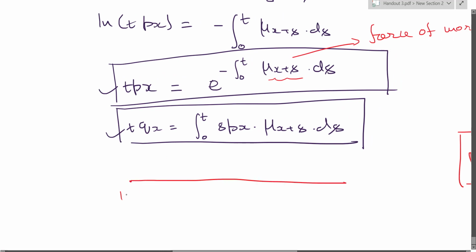Now let's say you have a population of 1000 at time 0, where the persons are aged x. You want to find what would be your population at time t. How will you calculate it? It would just be 1000 times tPx, right? So what you are essentially doing is you're depreciating this population continuously